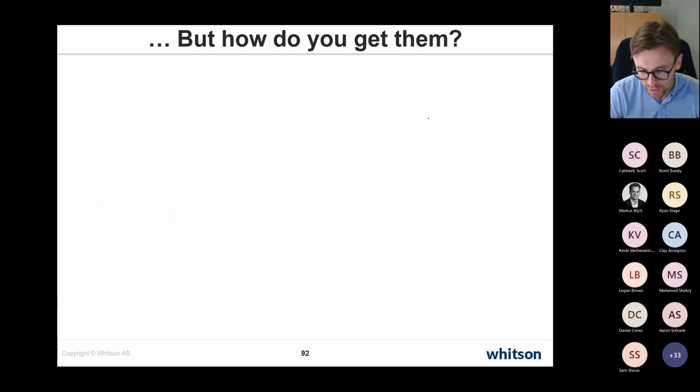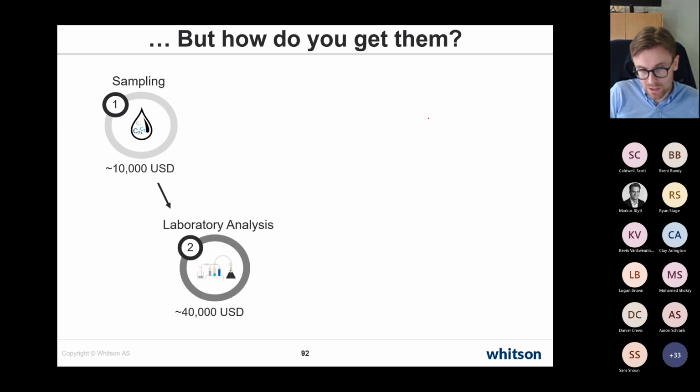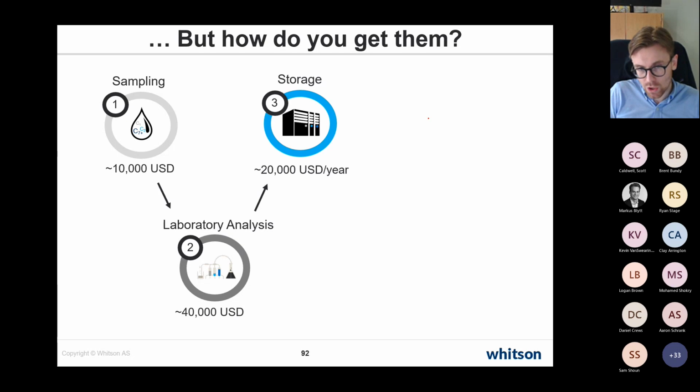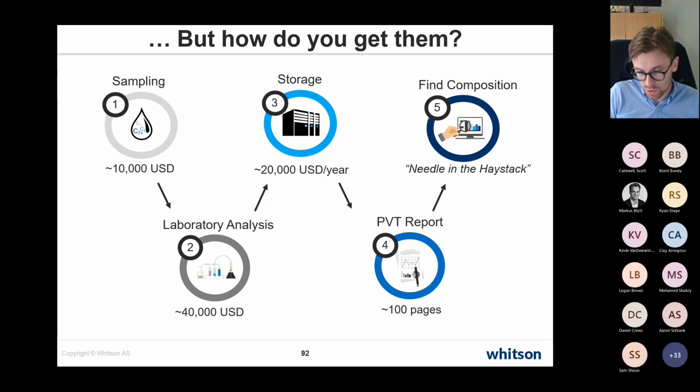you talk to a laboratory, they would probably say, yeah, we need to go out and sample the composition or get a PVT report for this fluid. And if we did that, it would cost us 10 grand in sampling. It would take us a lot of time to send to the laboratory. Maybe they will even charge us $20,000 per year to keep the fluid stored in the laboratory. They'll write a 100-page report where we need to find a composition that we would like to use. Okay, so that's how it would look if we had to do this for every single well through a